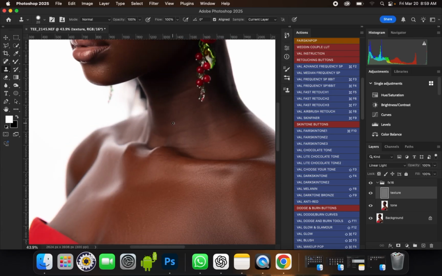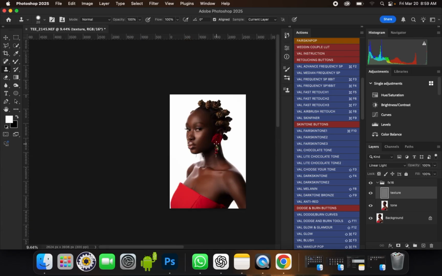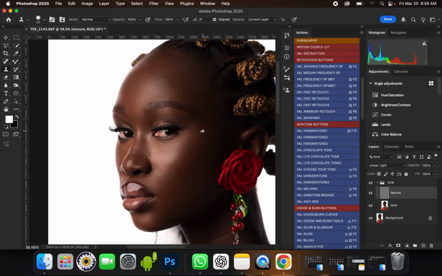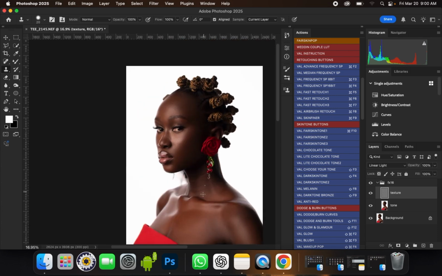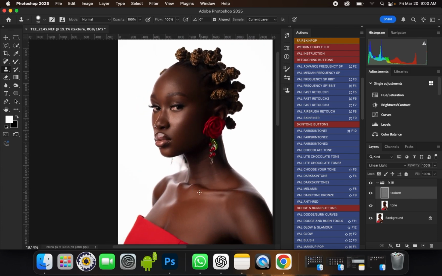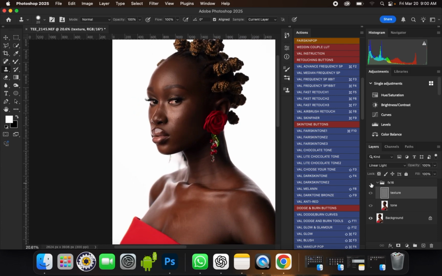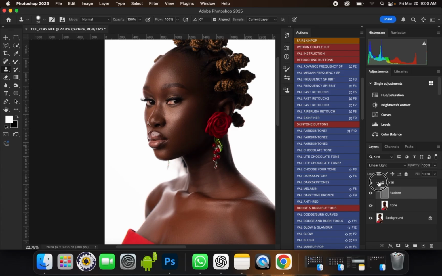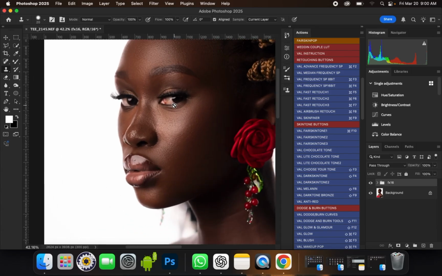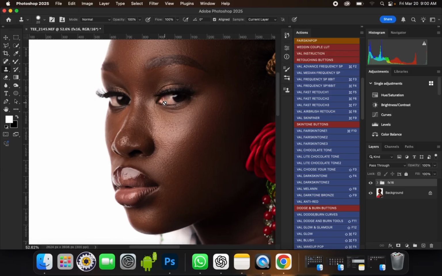Okay. So this is nice. Now this picture is looking clean and also realistic. This is before and after. This picture is looking clean and realistic right here. And now what we need to work on again is the